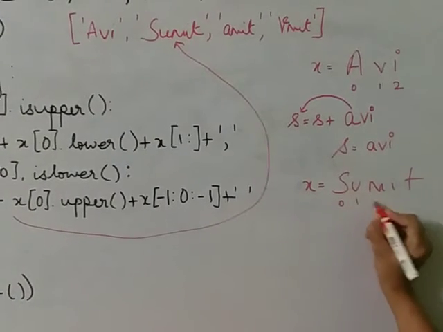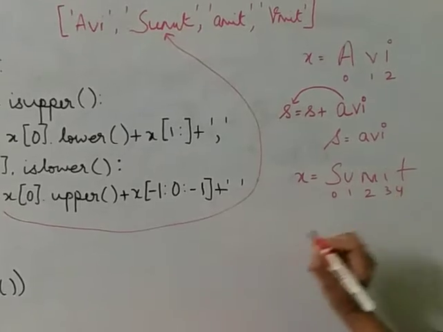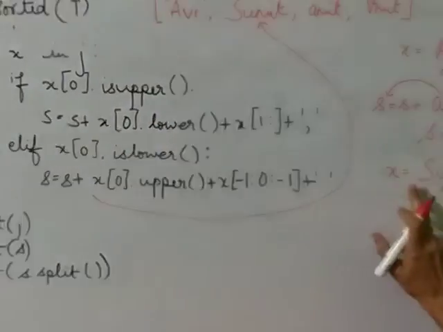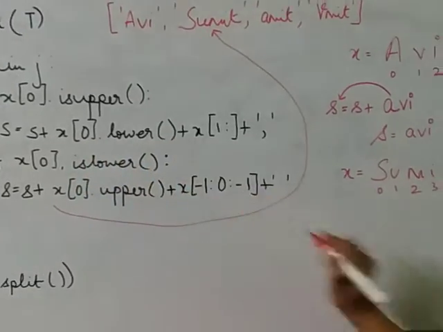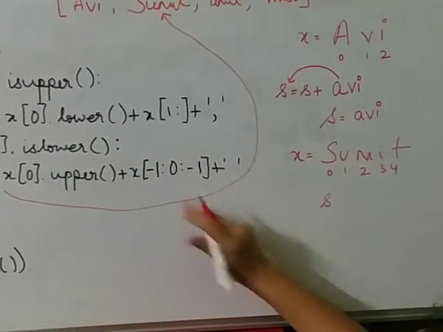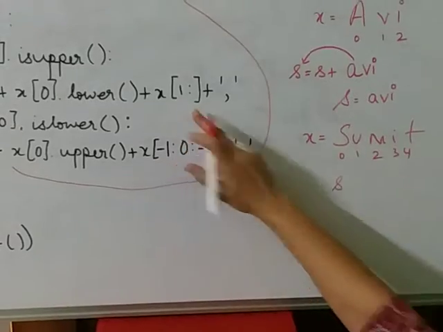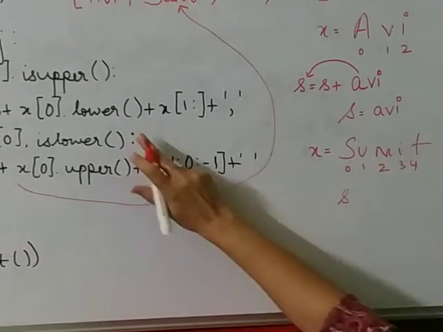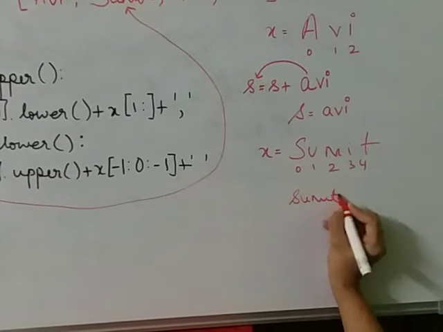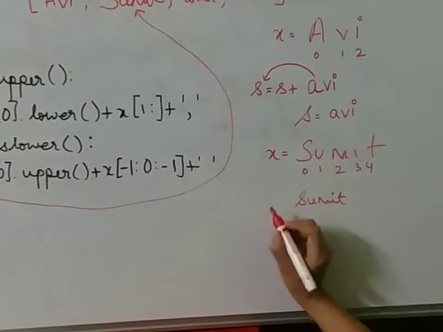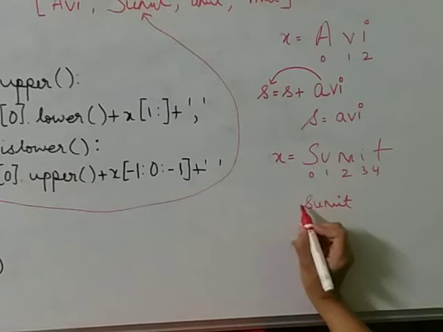With these index numbers, as it is a string. Again checking for upper, X[0] is upper, condition satisfied, so it will come here and convert the 0th index into the small one. This is a slicing from 1 till n, so this one will be concatenation, and the result will be like this. Okay, now S is containing this one.